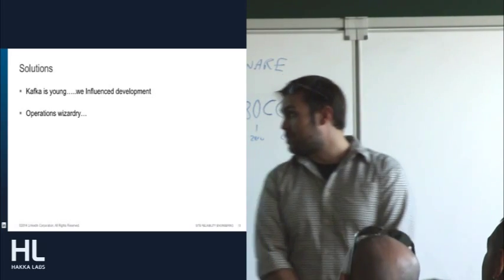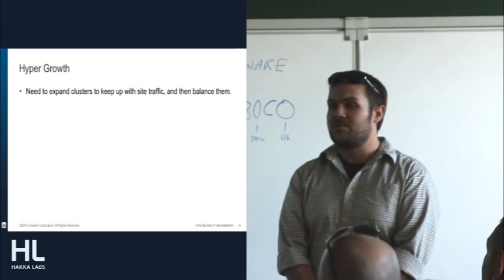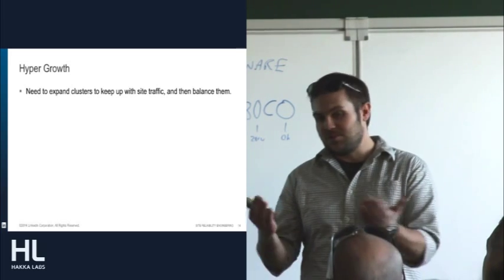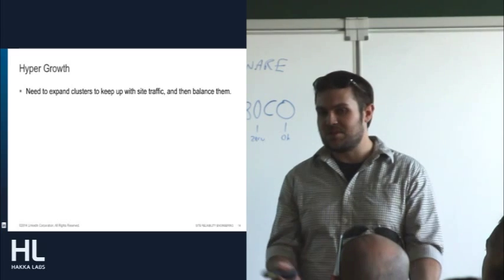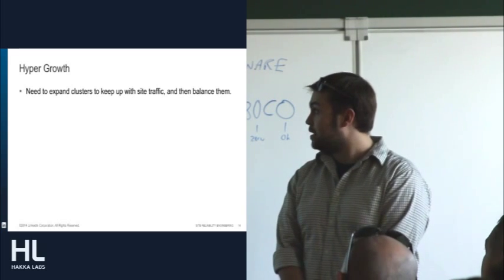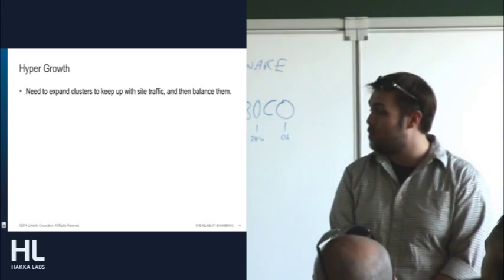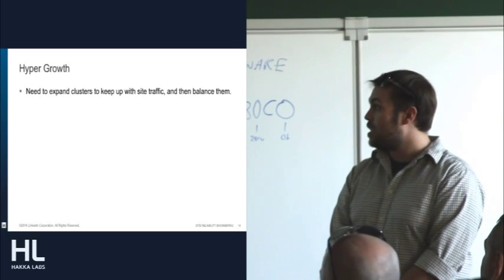One of the biggest problems we have is hypergrowth. Everybody all of a sudden wants more data. There's always more data, and it's always useful data, so we never delete data. There's always just an ever-growing amount of data. One of the cool things that came out with Kafka 0.8.1 is